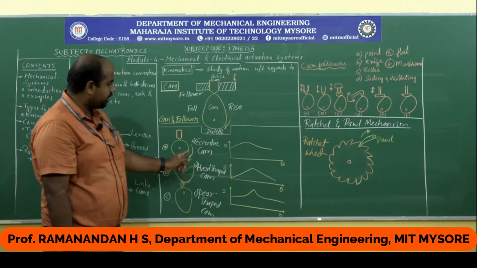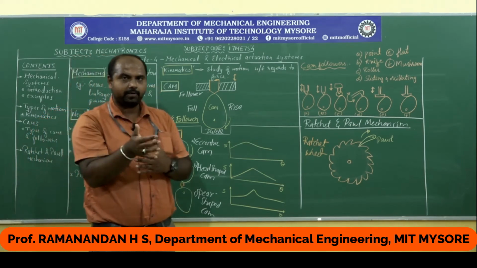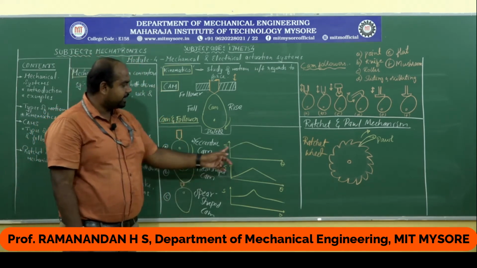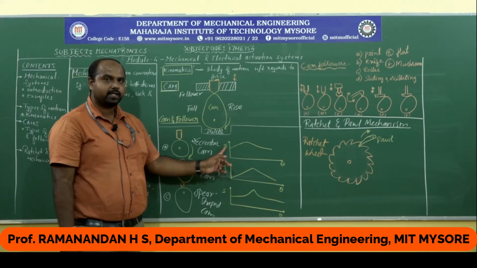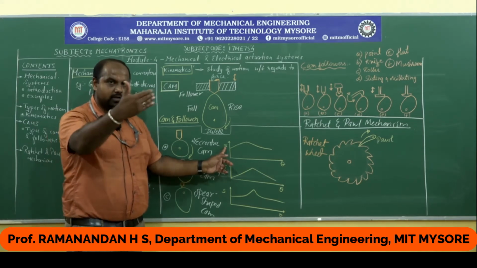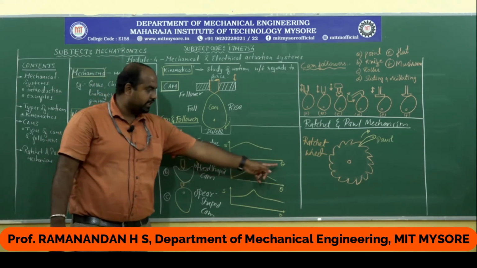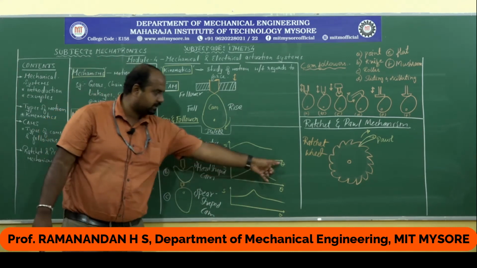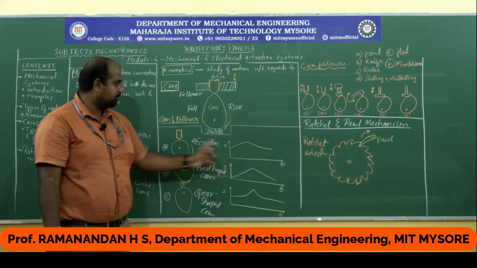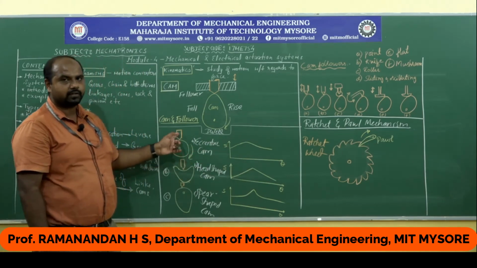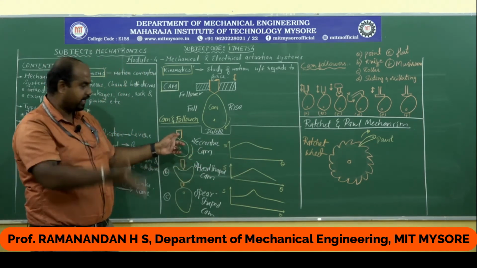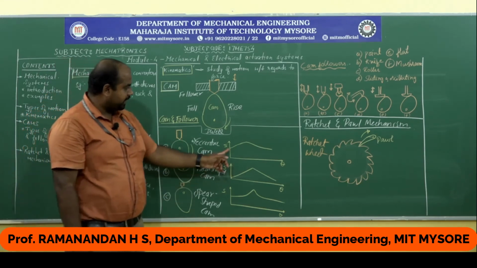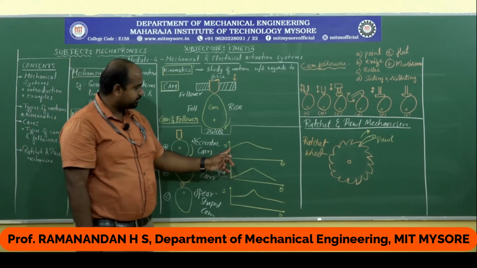The change in shape, as I have already mentioned, will usually result in varied displacement. S is nothing but the displacement, or the oscillatory motion. Theta is nothing but rotation. So, rotation of the cam is on the x axis, and the y axis is the movement of the follower. Oscillatory motion is on the y axis. So, in the first case, the eccentric cam, you can see here